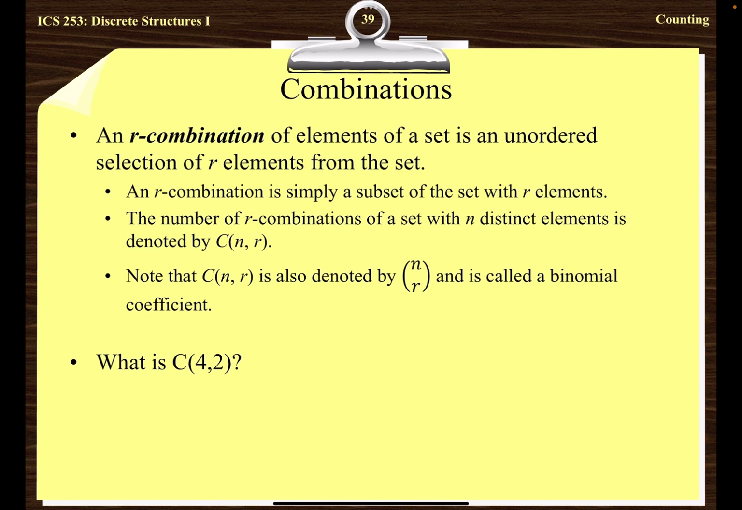Any questions, guys, before we proceed? Any questions? Okay. So what we did the day before yesterday was we looked at permutations, and we said that if